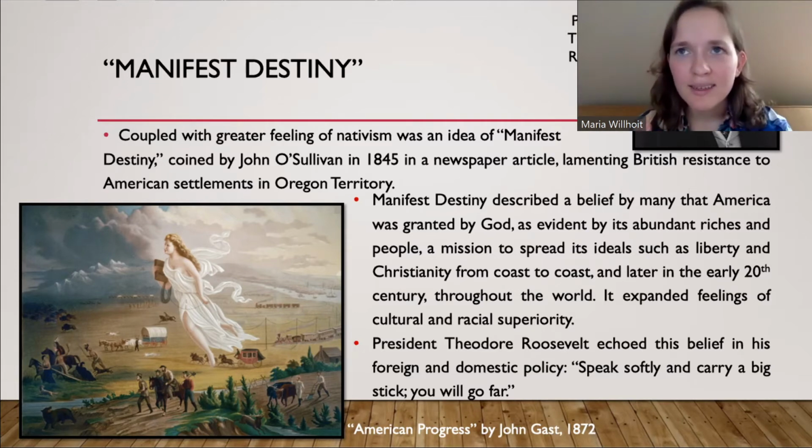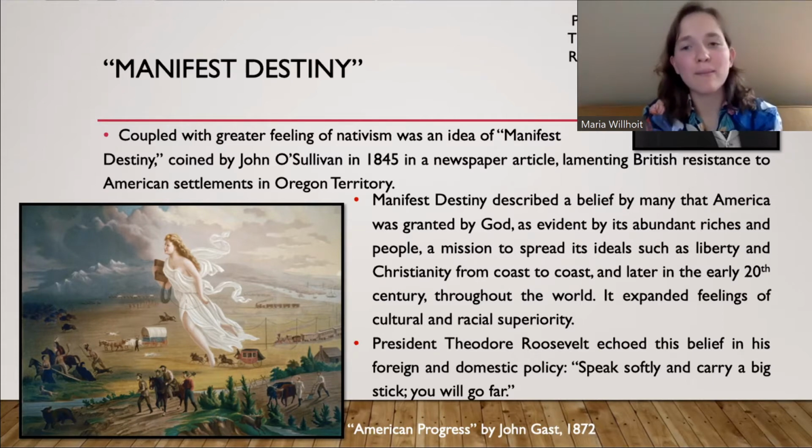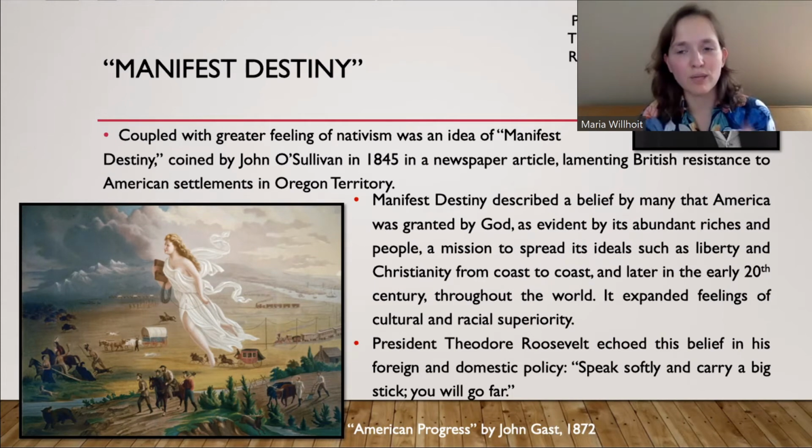And maybe it sounds a little silly, I don't know. But it doesn't matter. It's very influential. I think, to be honest, even today, a lot of Americans believe that America has a duty to spread its ideas of democracy, freedom, and liberty to other nations. Sometimes this is done well. Sometimes this is not done so well. We've invaded other countries because we believe so strongly in our ideas. And sometimes those invasions have not gone well.